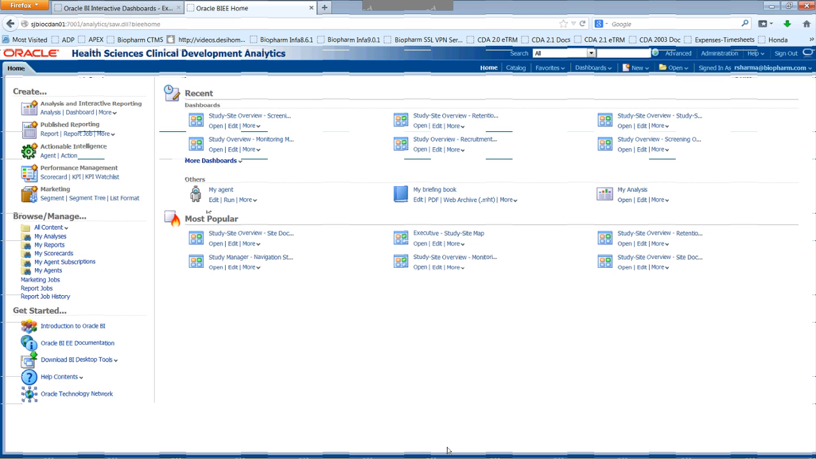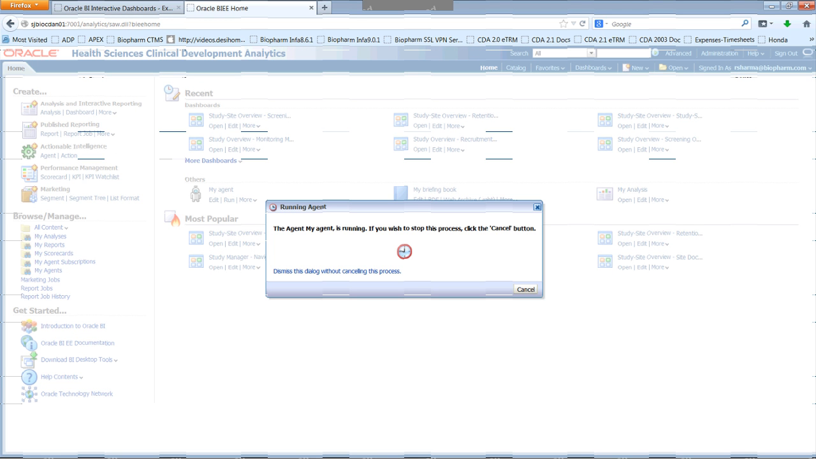You see your agent here, briefing book, analysis, everything. You can go to your agent and say run, and it'll run and send out an email to you with exactly the same attachment that we saw in the PDF. So